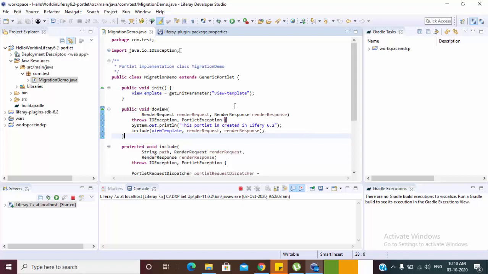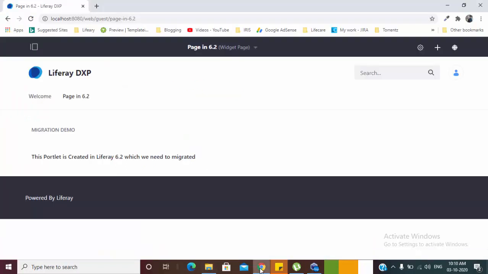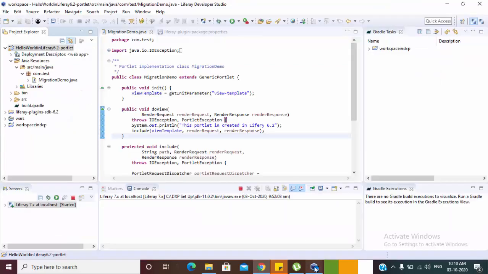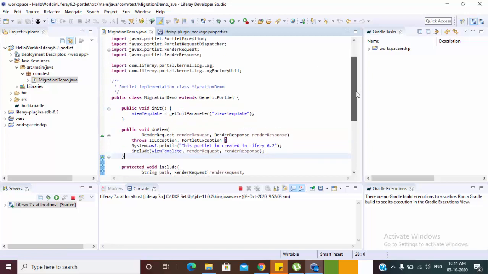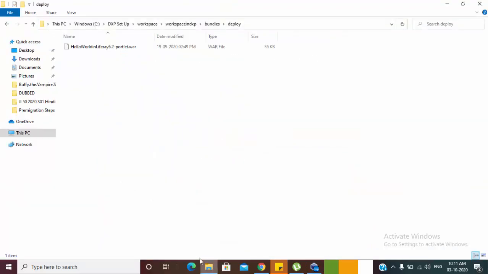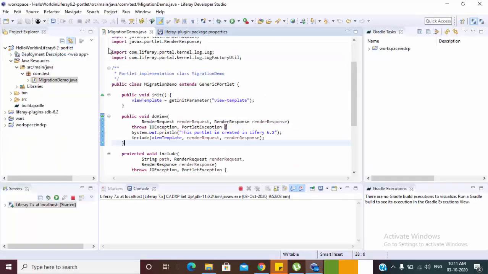So friends, in the previous video, we migrated our portlet and we can verify that it's available on our page in 6.2. Actually, we migrated the whole HDK and this is our portlet. But I already told you that I don't like this kind of migration of portlet because of the following reasons. First, as you can see, our project is a war based project, and in OSGi, or in DXP 7.2, we are using a jar based project.